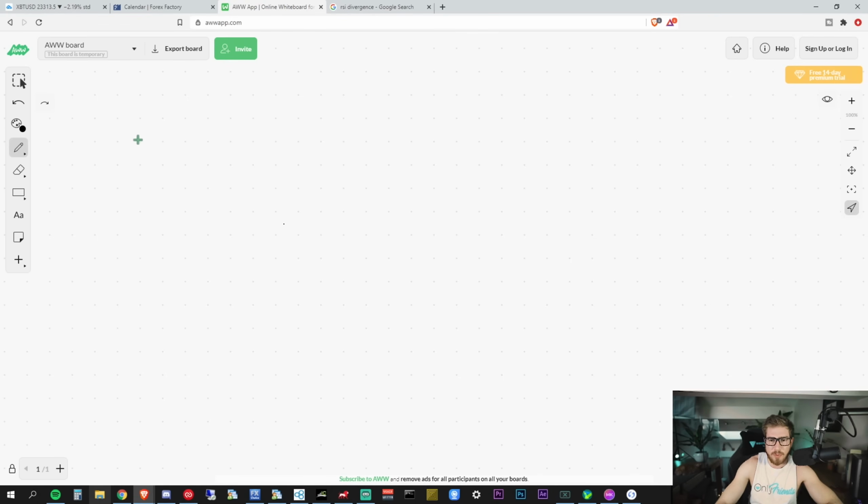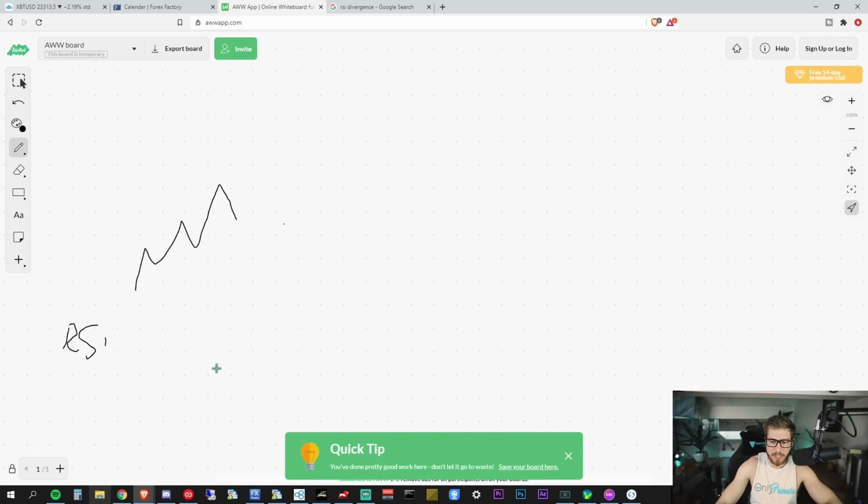So let's say we have price going up, and here's the RSI down here. You can ignore my writing. The RSI is down here, and it is going up also, but then it starts breaking down, right? And now it's down here. So what we're going to be doing is basically lining up. Let's say that this actually lined up here properly. So this is going up and this is going down. That's essentially what you're looking for.